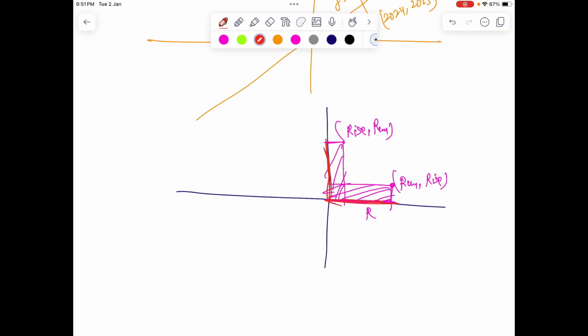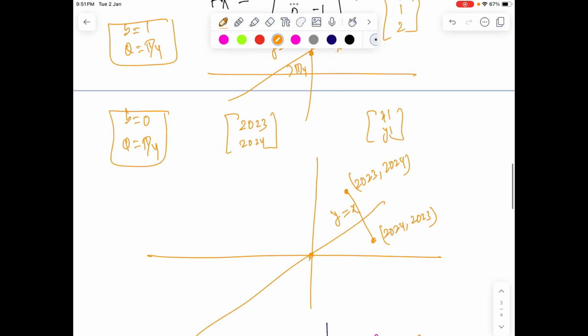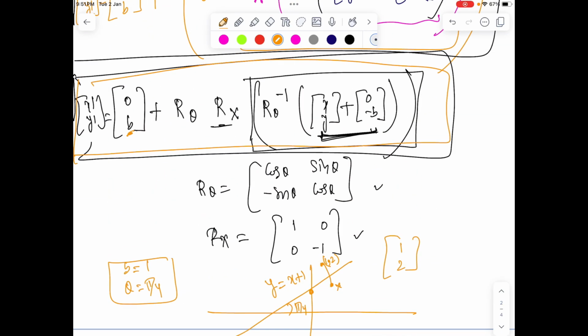Because now this distance has become the y coordinate, and the y coordinate became the x coordinate. So fundamentally this L shape became an inverted L shape. So hence the coordinates get swapped, x changes to y in y equal to x. Anyway, I hope you enjoyed, and the takeaway was how